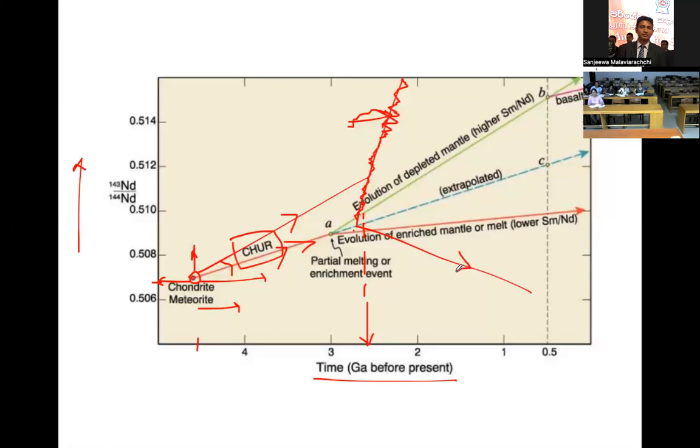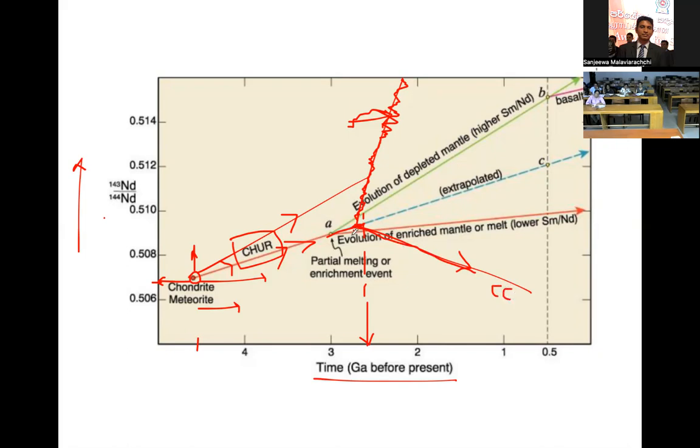Why? Continental crust is a product of the melt, right? So what happens? Samarium likes the residue. It's more compatible than neodymium. So samarium decays to neodymium. So for the melt, you have less samarium. So with time, it will produce less neodymium. So definitely, compared to its origin, it should show a deviating trend downwards. Okay, it is not mentioned here. You can draw it. This is the continental crust,